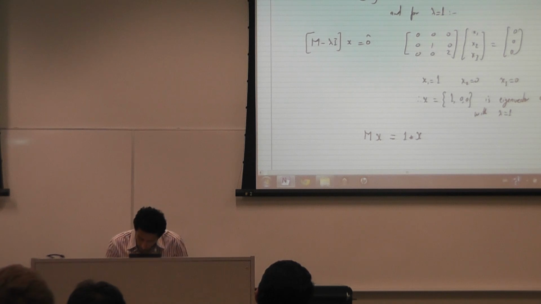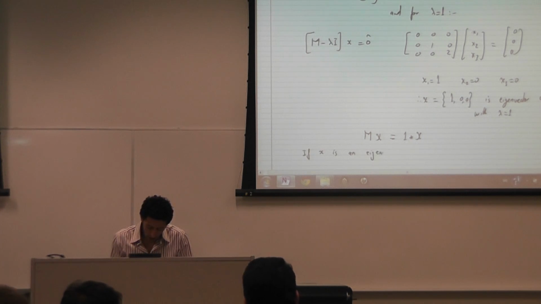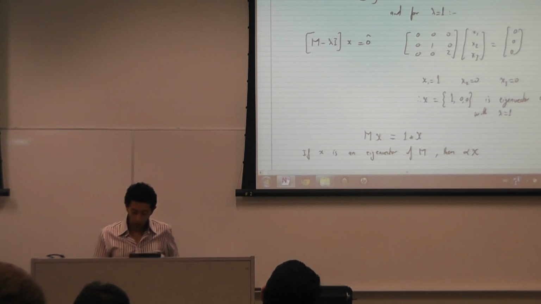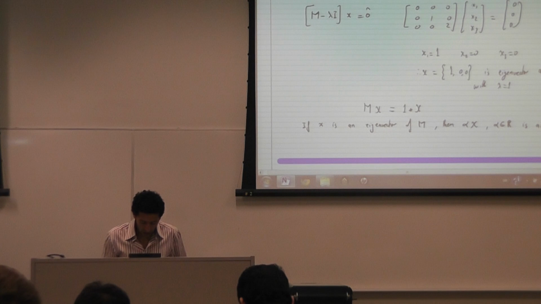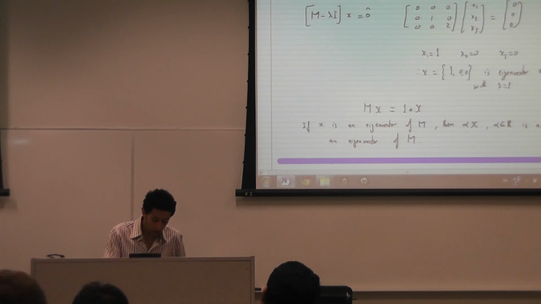Let me write this. If x is an eigenvector of M, then any multiple alpha times x, where alpha is a real number, is also an eigenvector of M. Because of the linearity of the matrix,